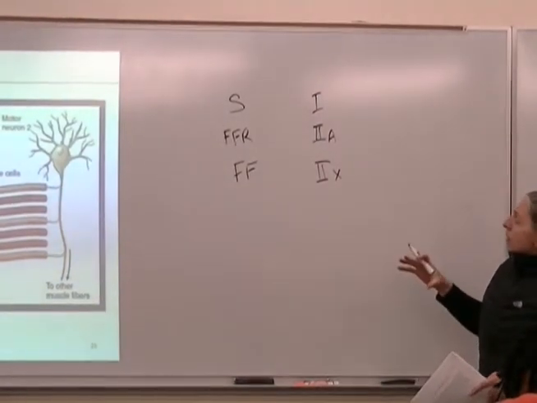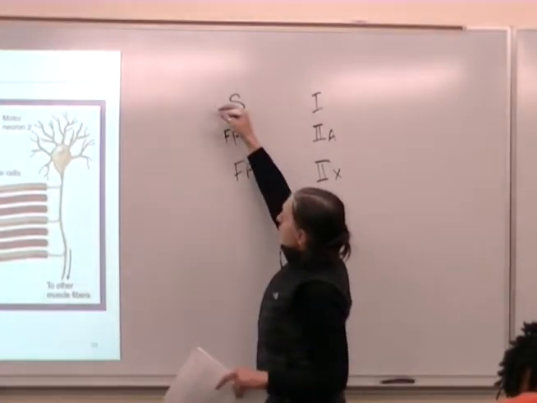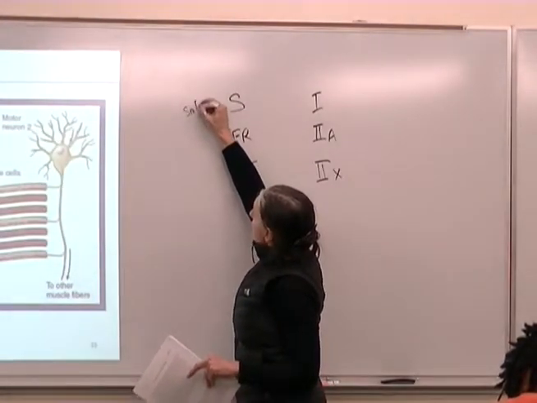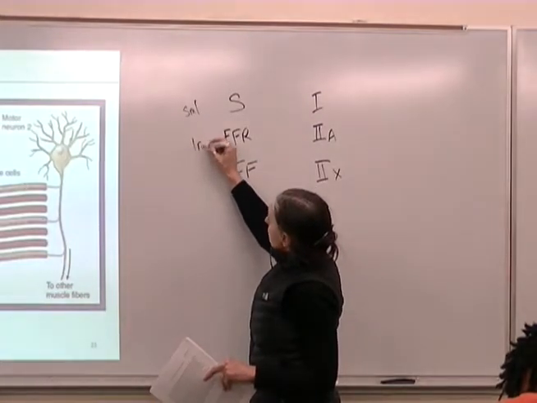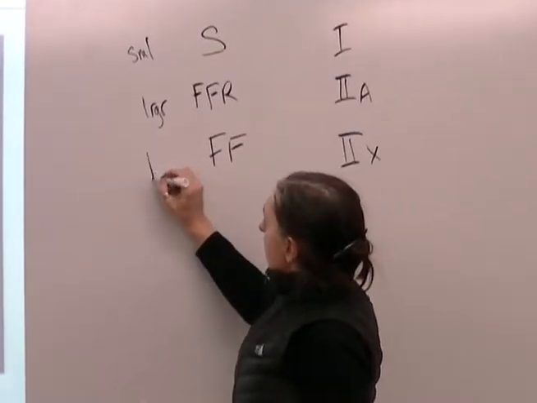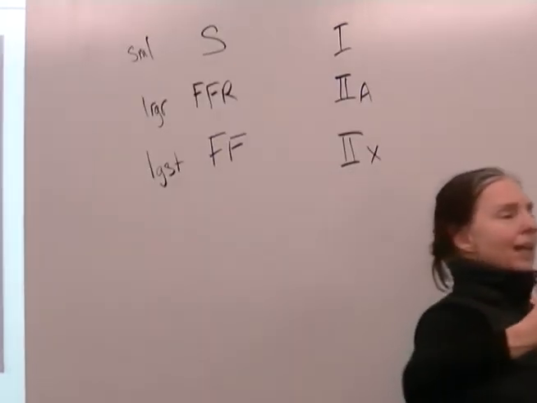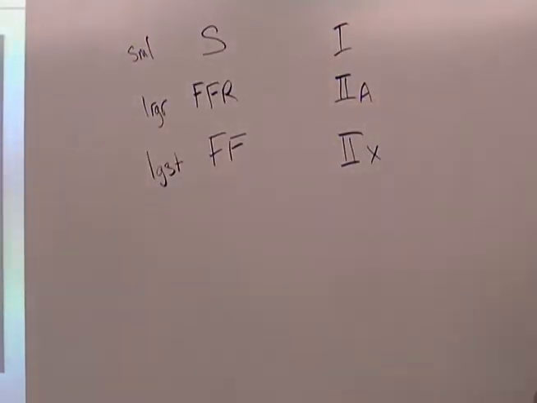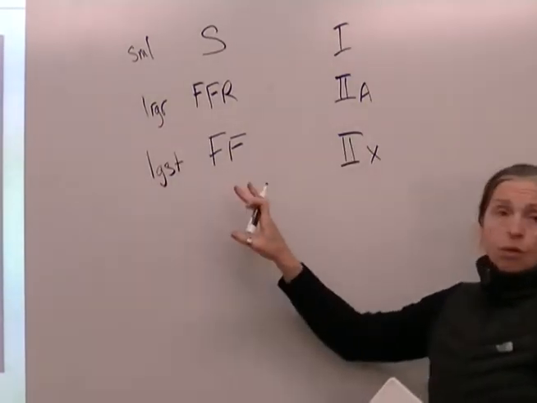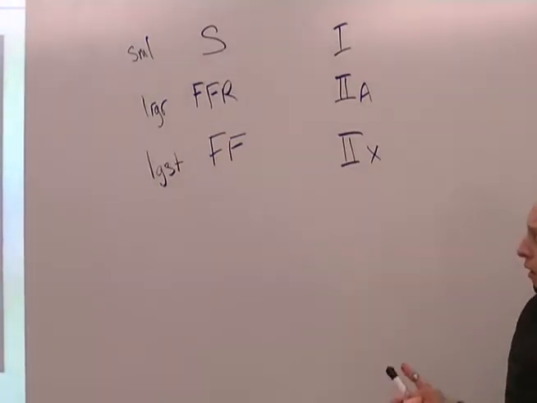And the other characteristic when you look at them is the size of the axon. The slow have the smallest, the FFRs are a little bit larger, and the FF are the largest axon. So the bigger the axon, the faster it can transmit the signal. And we want a fast signal going to our fast switch fibers. So then the number of